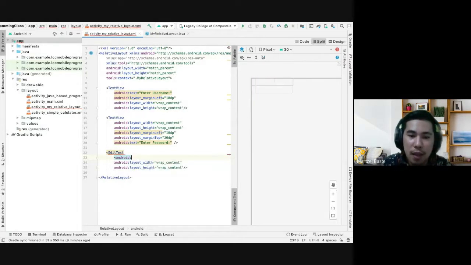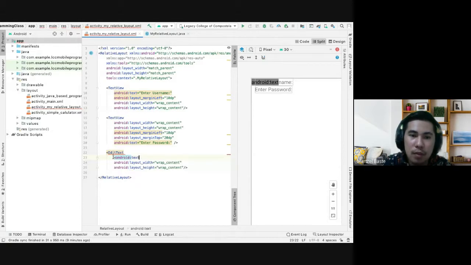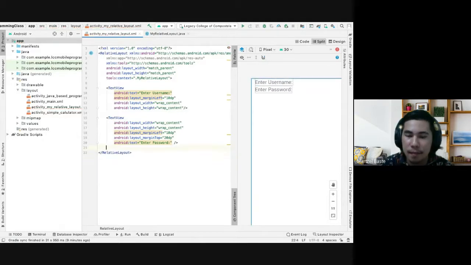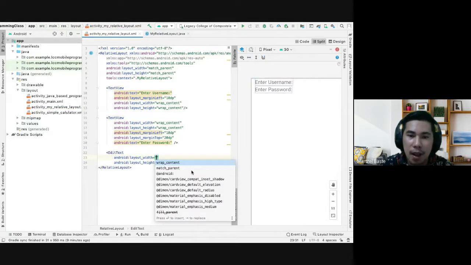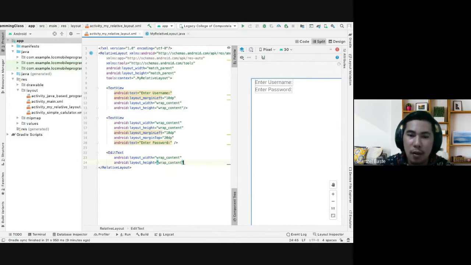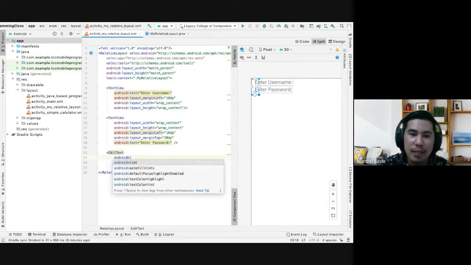Ba jud no? So we have text. Oops. Wait. Usab ta. So edit text, wrap content, close. Uy, pagdali og close. Okay, there. So next is Android. Ayun. Bakit di siya naglabas kanina? Hint. So let's say